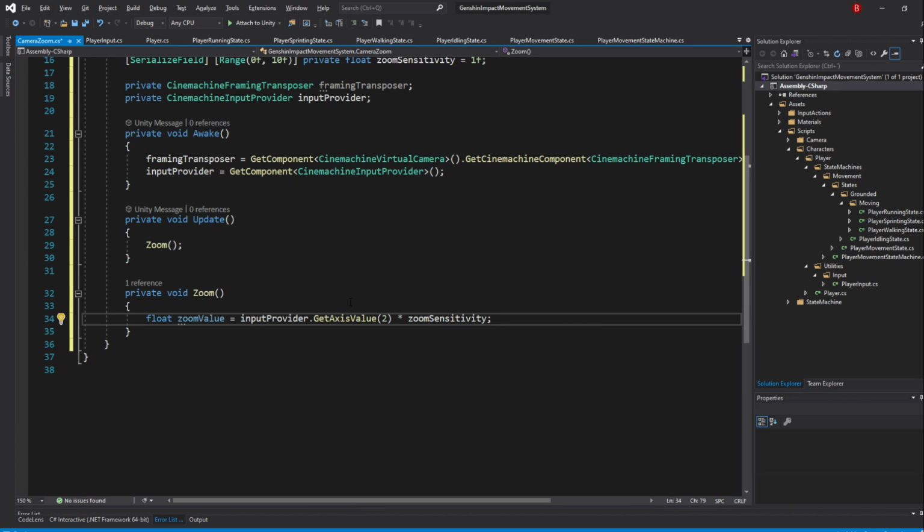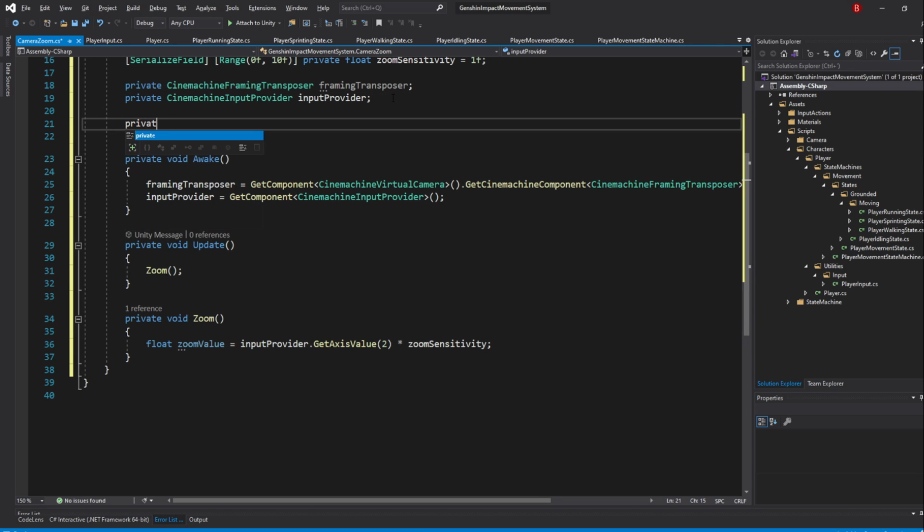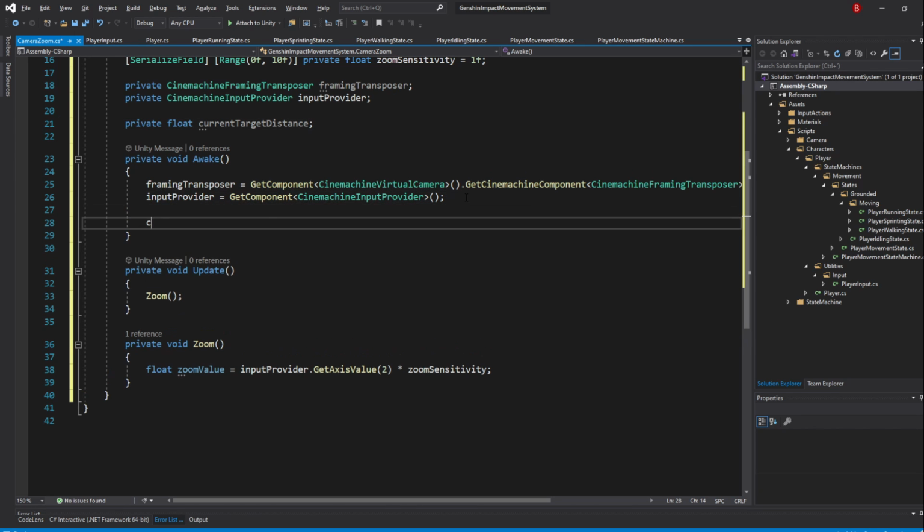We now need to add this value to our current distance target, which we currently have no variable of. So above, create a new private float named currentTargetDistance. This will start with a default value of 0, but we want it to start with a default distance. So in the Awake method, type in currentTargetDistance equals defaultDistance.